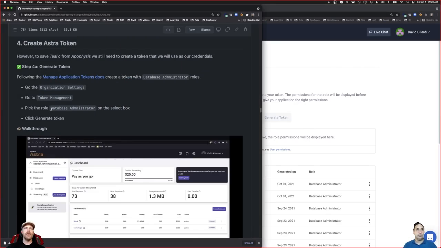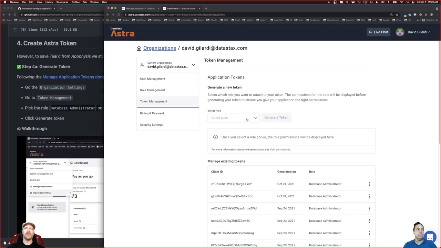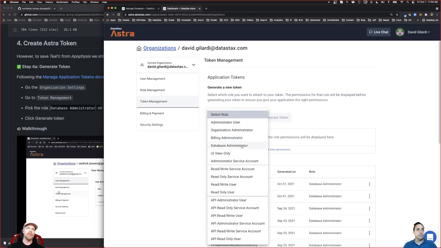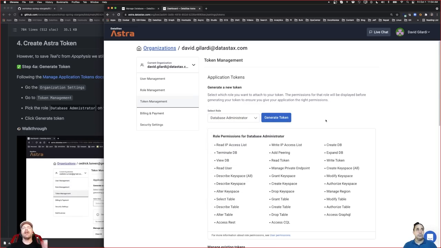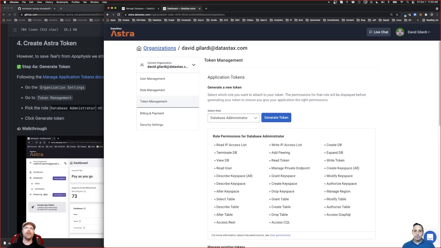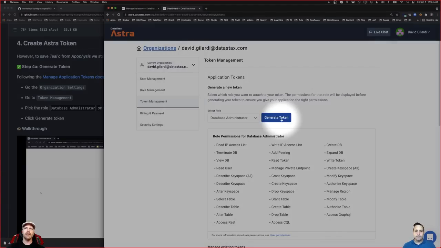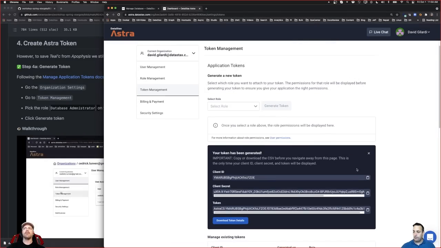Now, you'll notice in the instructions it says pick the role database administrator. We're just opening it up. Let's just give it everything. No, really, though, the app is using a backend DevOps API that has some really nice features for us, and part of that requires the administrator role. But once you choose that, you'll get generate a token, click the button, and boom, you're going to get all